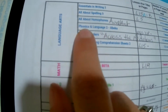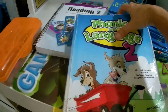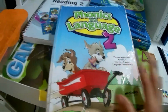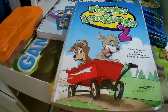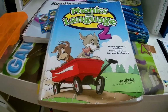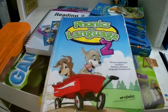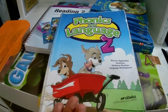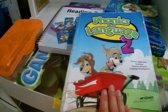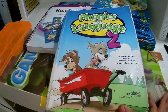Next online is Phonics and Language to Abeka. Yes, we do keep certain Abeka things, and one of them is phonics and language. You might be asking why, because we use Essentials in Writing. Yes, you're right. Essentials in Writing is about grammar and writing. This does cover a little bit of grammar, and I'm not sure whoever got hurt by a little bit of extra grammar. And it does review all the phonics rules and all the phonics that my child has learned from